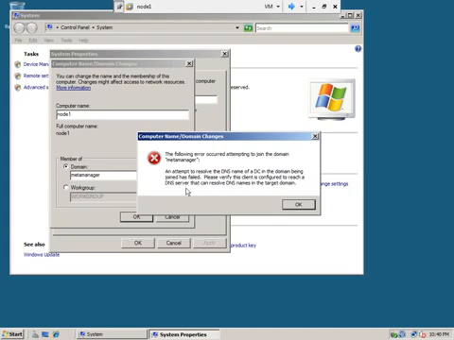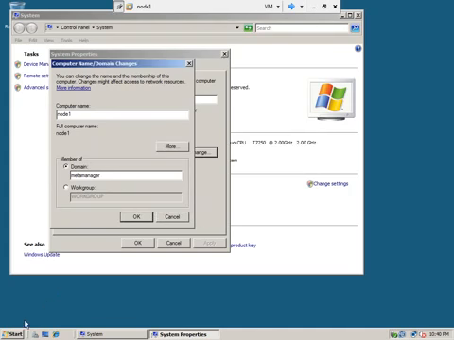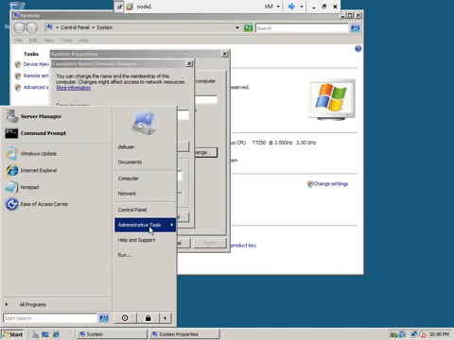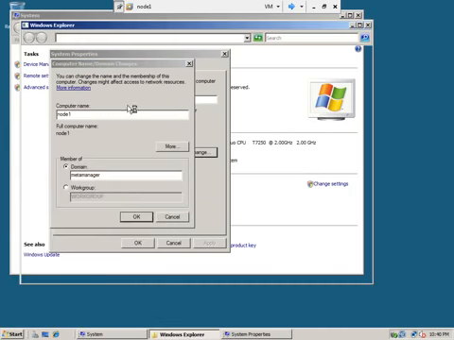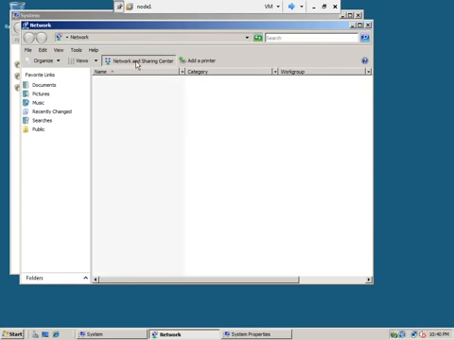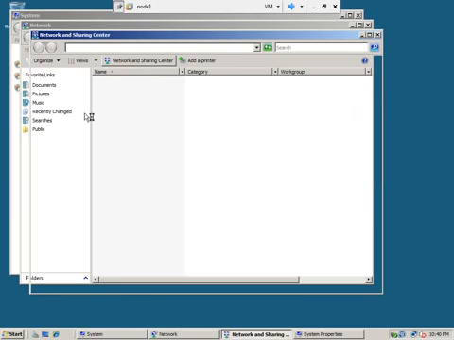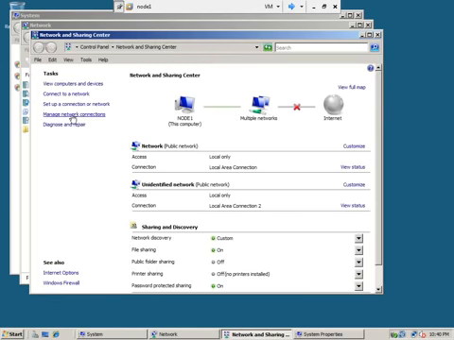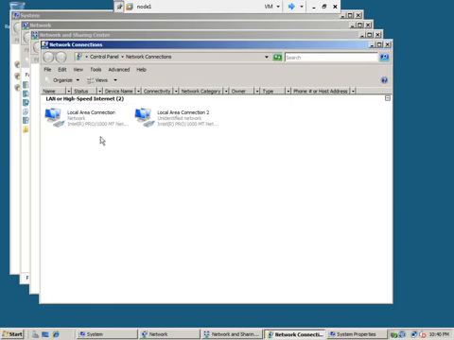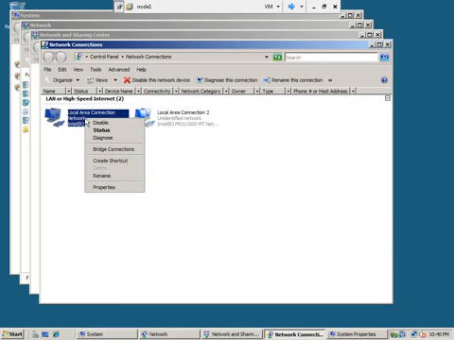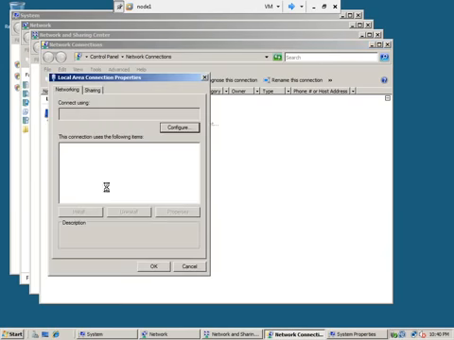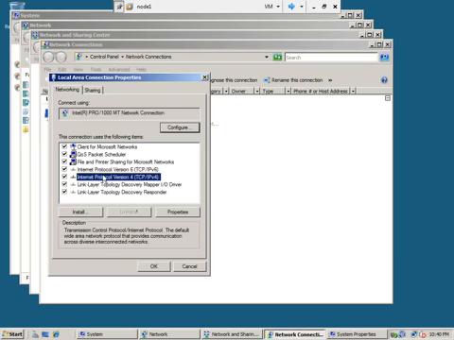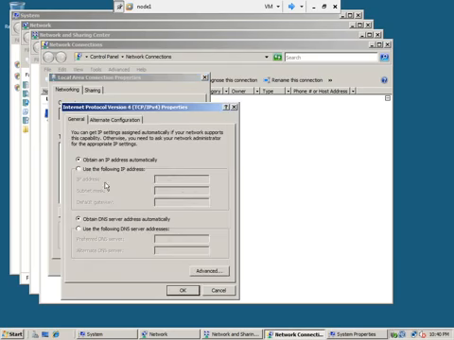Okay, the reason is we need to set the static IP address, that we didn't do. So we need to go to the network, click network and sharing center, click manage network connections. Here this is a public IP and this is a private IP network. So right click on the public IP adapter, click properties for the TCP IP, set the static IP for this node 1,